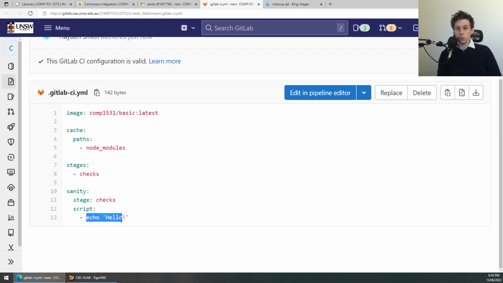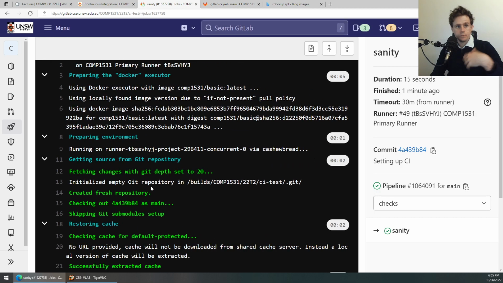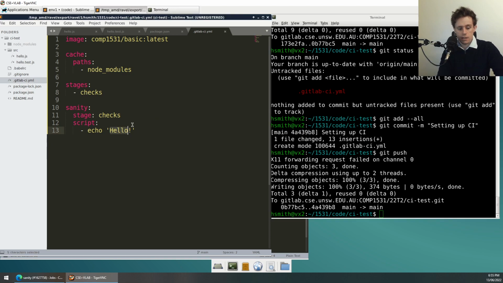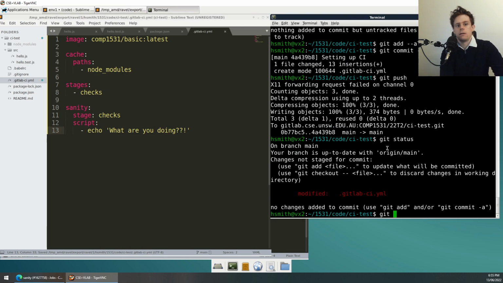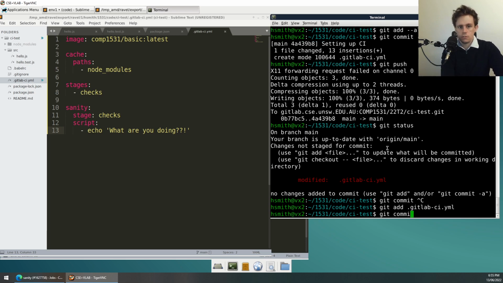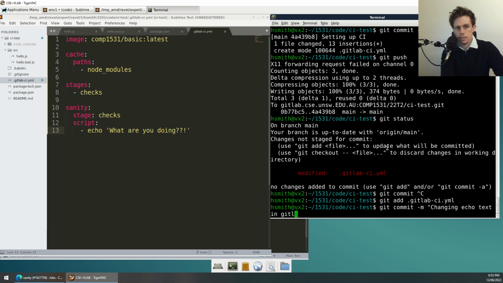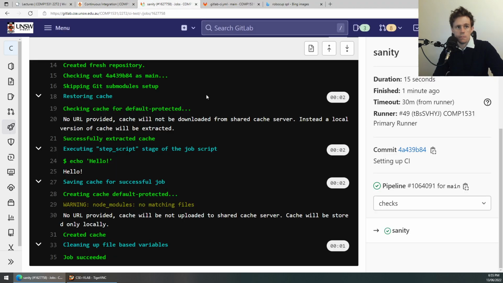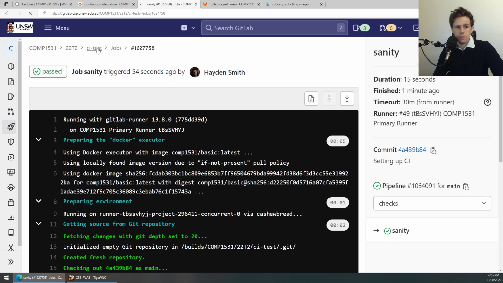So these are terminal commands right here, and I can make it do whatever I want. For instance, instead of saying hello, I could say, what are you doing? Like this. And then I could commit that. Git add the .gitlab-ci file. Changing echo text in GitLab CI. Push that up. And we'll see again that GitLab, if I come back to my repo,